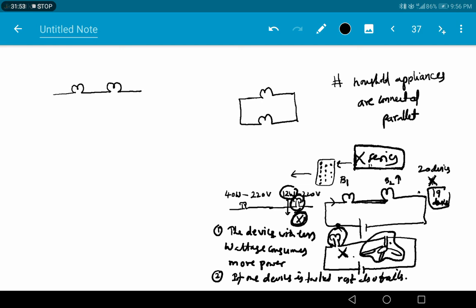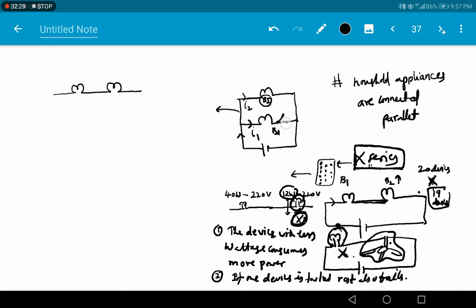Now then, sir, what about the parallel combination? In parallel combination, what will happen? There is a different flow for the current. So current splits as I1 and I2. If three are there, I3. If you turn on the key for bulb 1, only bulb 1 will glow. If you turn it off, bulb 2 is in off mode only. Which device we want to operate, that device only we can operate in parallel combination.